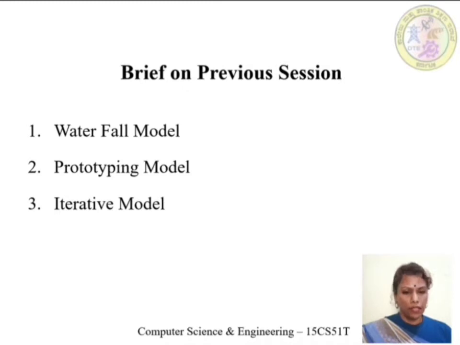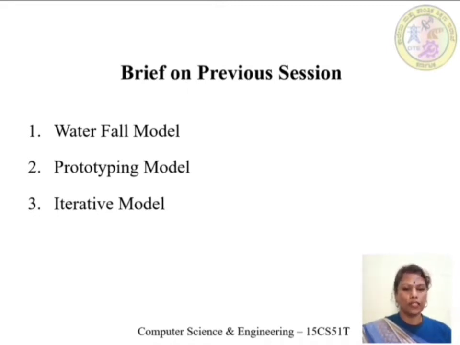Once the feedback is collected, the requirement specifications are finalized, and these finalized requirement specifications are used to develop the final product of the given project. Okay, and after the completion of the project life cycle, that product is delivered to the customer. See here in the prototyping model also, after finalizing the requirements, there is no accommodation for requirement changes. In both the waterfall and prototyping models, no requirement changes are allowed once the requirements are finalized.